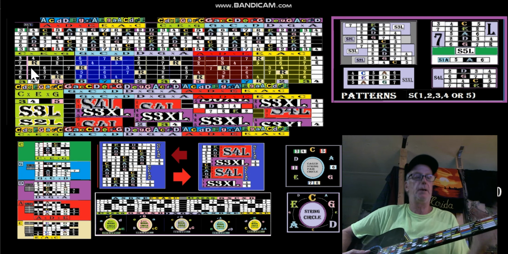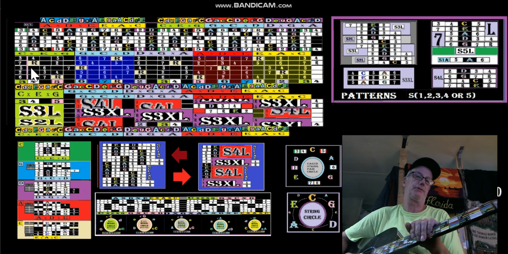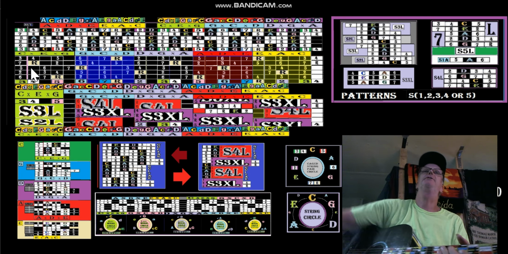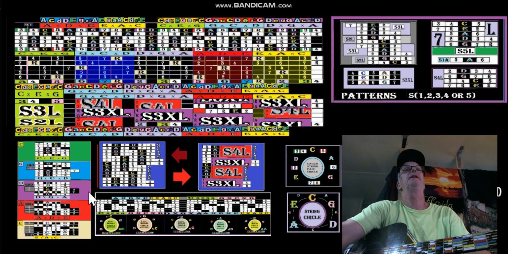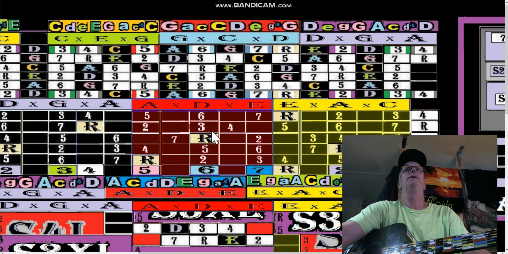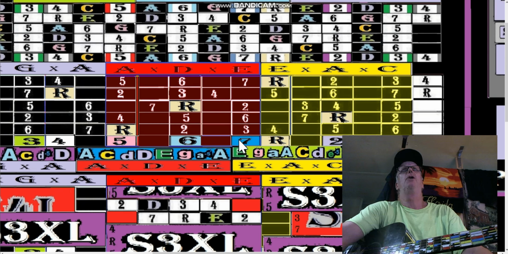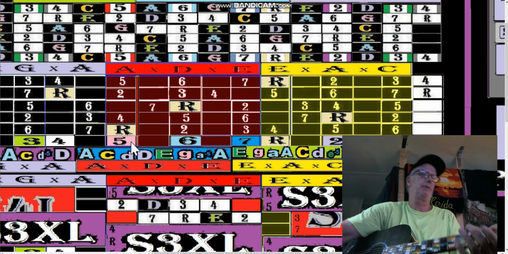You see, we're still using the open strings, but different open strings. In this chart, we're using the open strings in another way, with the longer patterns here. So I've already done the longer patterns here. We're in the middle of a,